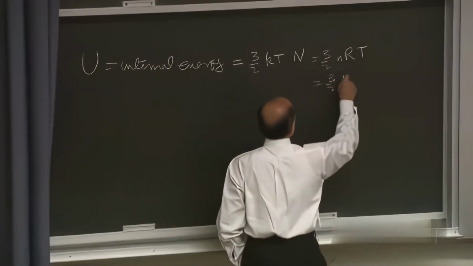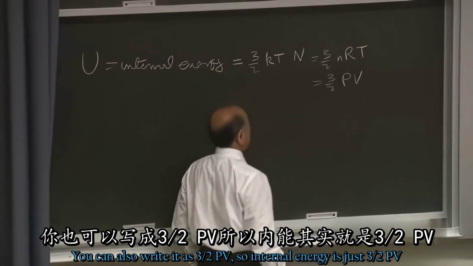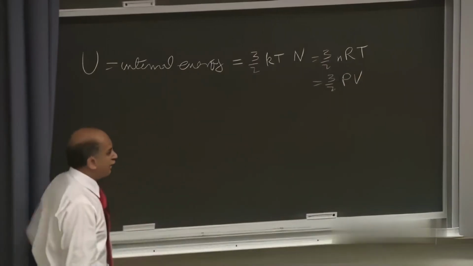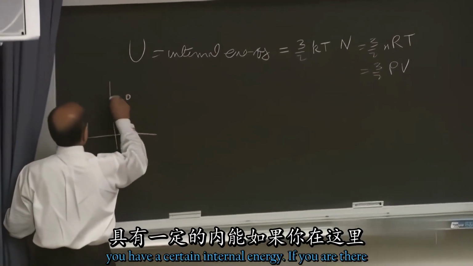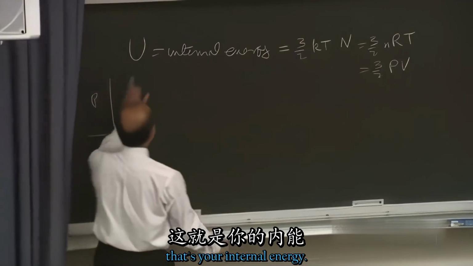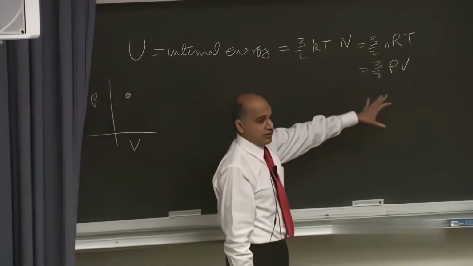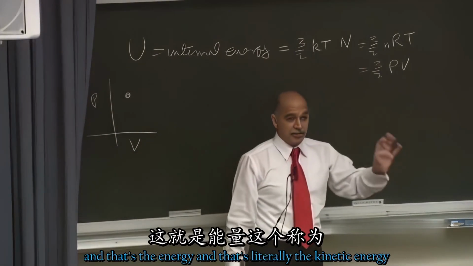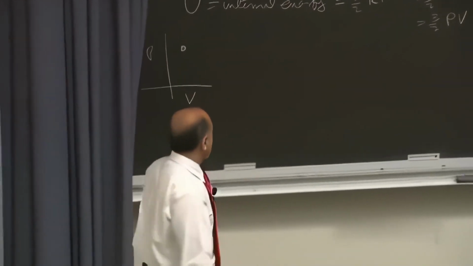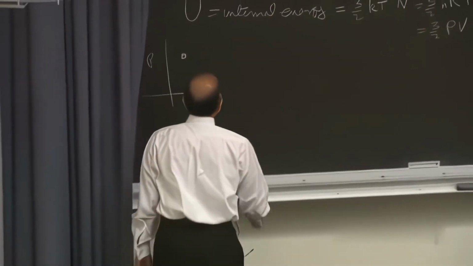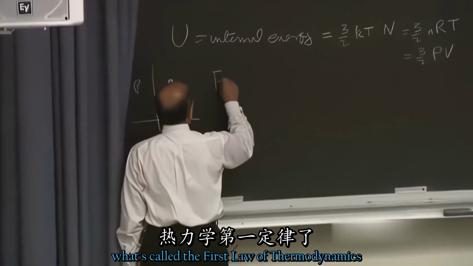You can also write it as 3/2 PV. So internal energy is just 3/2 PV. That means at a given point in the PV diagram, you have a certain internal energy. If you're there, that's your internal energy. Take 3/2 of PV, and that's literally the kinetic energy of all the molecules in your box. So now I'm ready to write down what's called the first law of thermodynamics